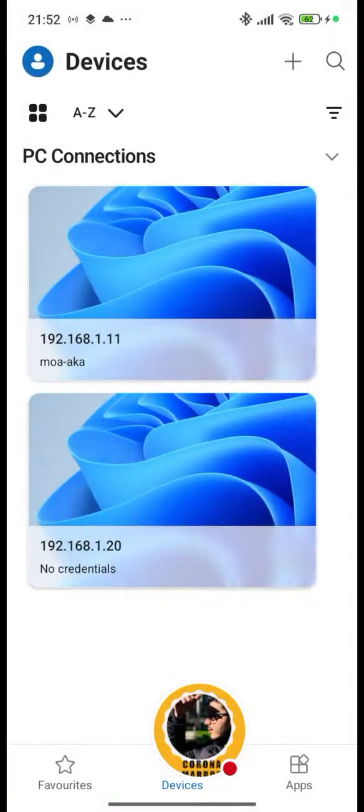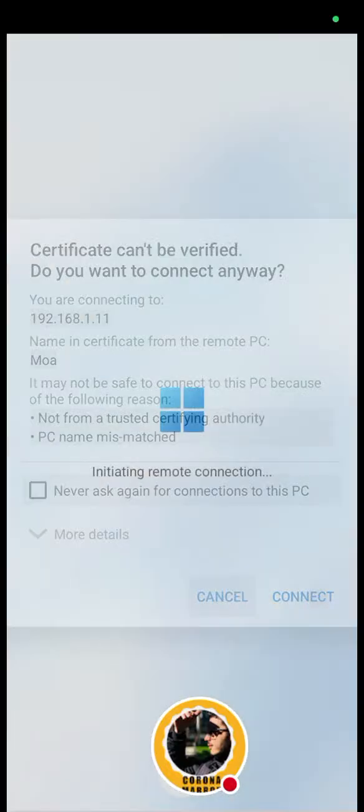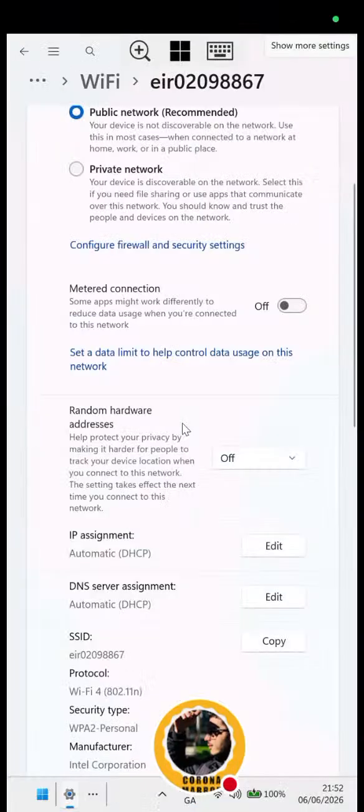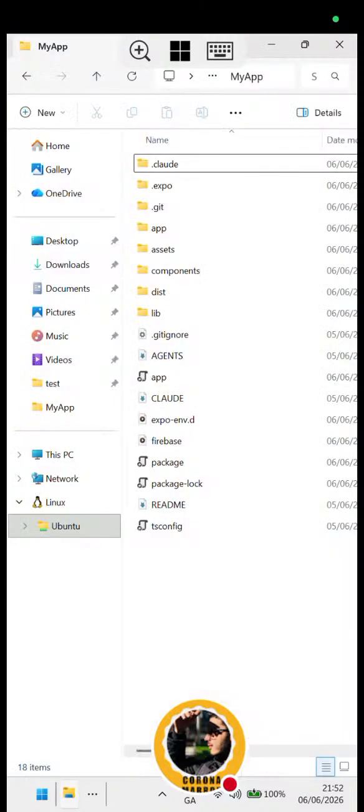Or your computer name. So once it gets established, it knows the computer, and it will let you know. You just need to confirm, and here you go, you're inside your computer. Let me just take down this one, and now,